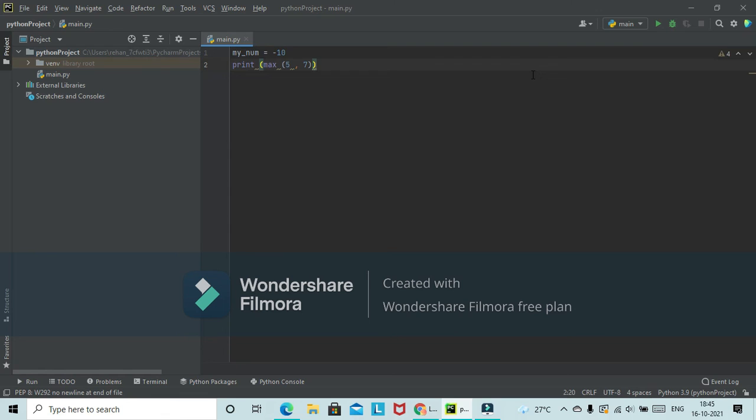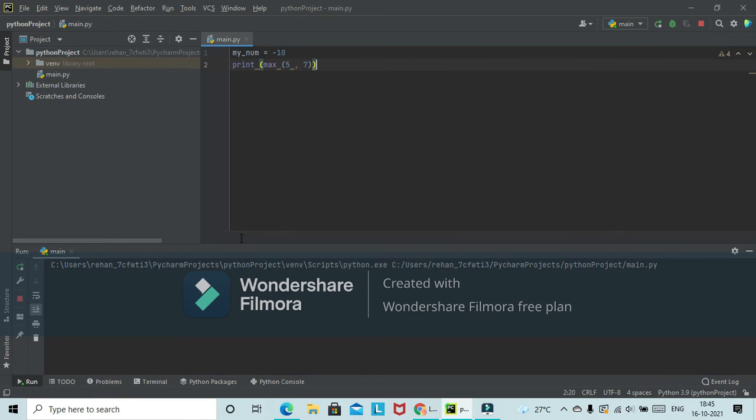Right now I am giving this a 4 and a 6, and this should tell us which number is higher. Let me just run this program and show you. And as you can see, the higher number is 7.